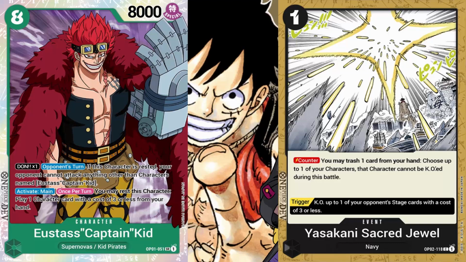This is pretty dope because this is going to allow you to save your 8 cost Kid when needed, because obviously it's only this battle, right? So they're going to have to commit yet another attack through in order to get to it. But I think it's something that's really cool, really interesting, because obviously when you play 8 cost Kid, you have your other blockers. Black has some of the best blockers in the game in Borsalino, as well as